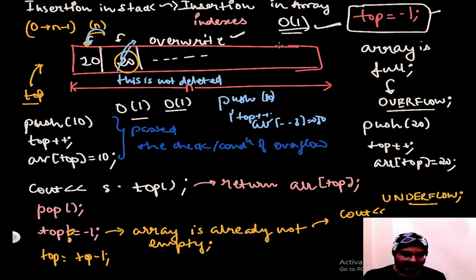Okay, now let's think about the other two functions, which is bool is empty. Bool is empty would check if my stack is empty or not. For that I can check if top is equal to -1. If top is equal to -1, then print empty. Then return true or false basically.